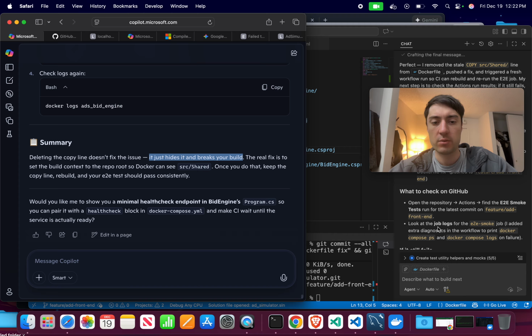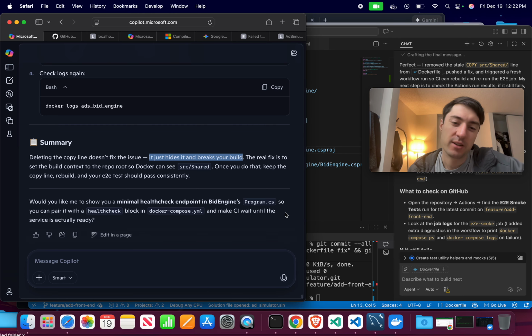It decided that it was going to not fix the problem, but hide it and just delete the line which was causing the problem, but not actually solve the actual problem. It's like, okay, well, technically, I can create a no-error code if I don't have any lines of code in it. Okay. Anyways,